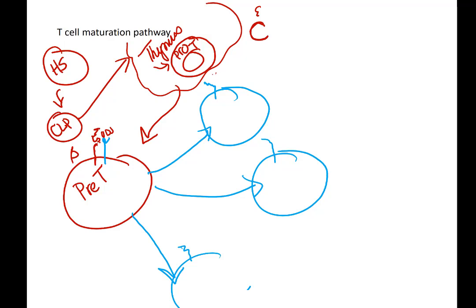This is the beta chain that was rearranged. We now make, but we can do the same thing. We'll clonally expand these, and each alpha chain can be slightly different, depending on the V and the J sections